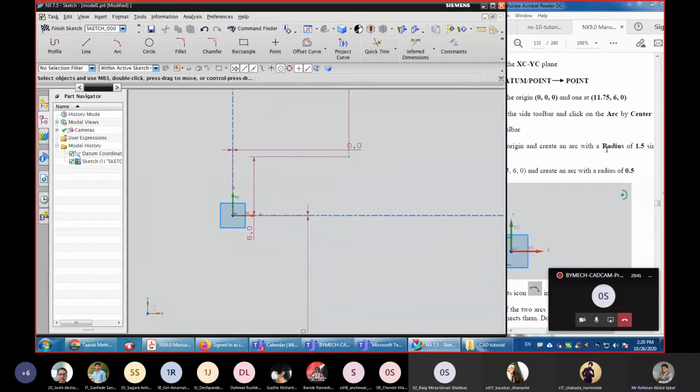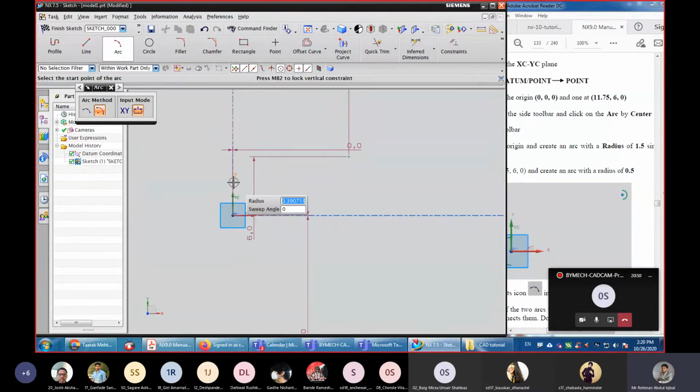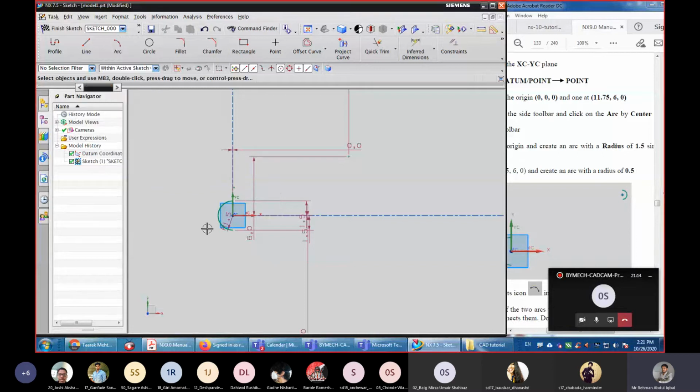Next, we need to create one arc with radius 1.5 here. So the center is the origin and the radius is 1.5, and in this 180, just click it.